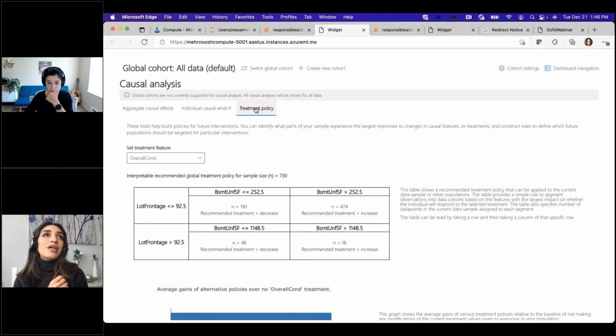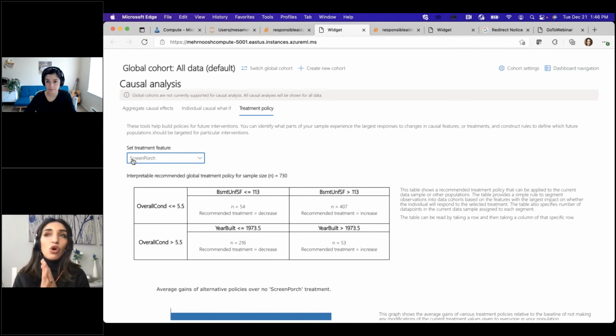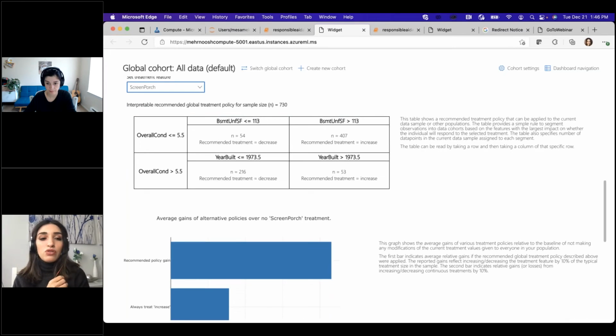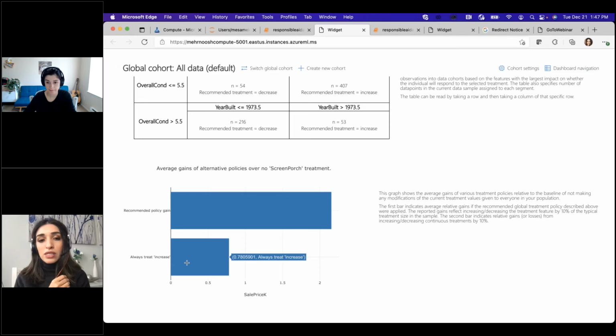So in my case, imagine I want to tell a developer what custom policy they should incorporate in their development processes in order to see the biggest bump in the housing price in general. And so they ask me, okay, we are interested in understanding whether we should go ahead and add a screen porch to all of our houses. So one thing you can do is to go ahead and do it for all of your houses. Based on this analysis, you would get about 700 gain if you go ahead and increase the screen porch by